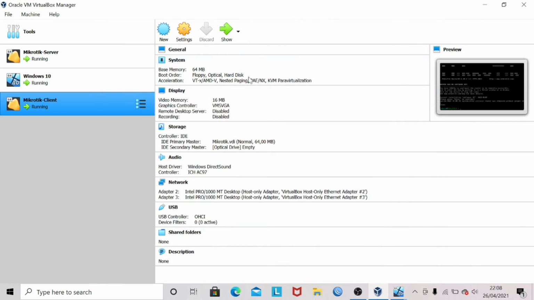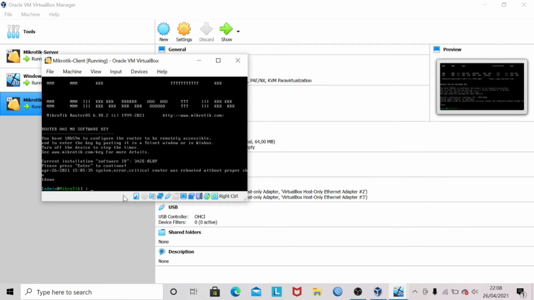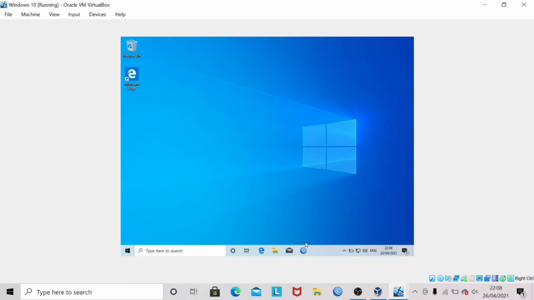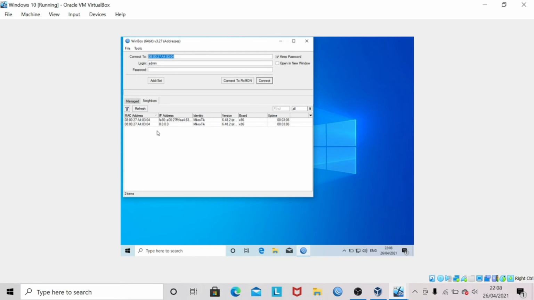Click OK. Login with user admin and open Winbox again. Refresh. Login with MAC address, click connect.